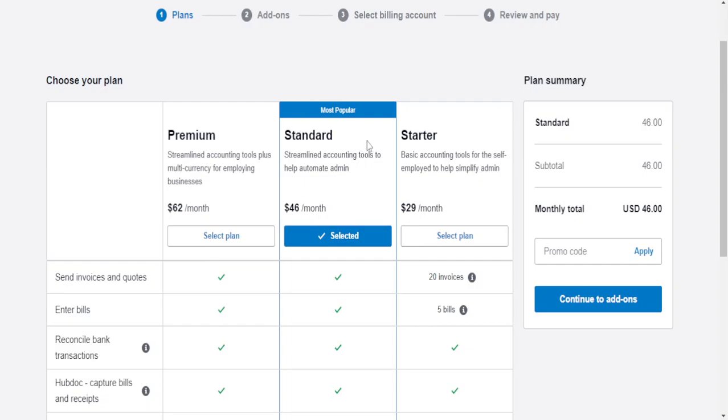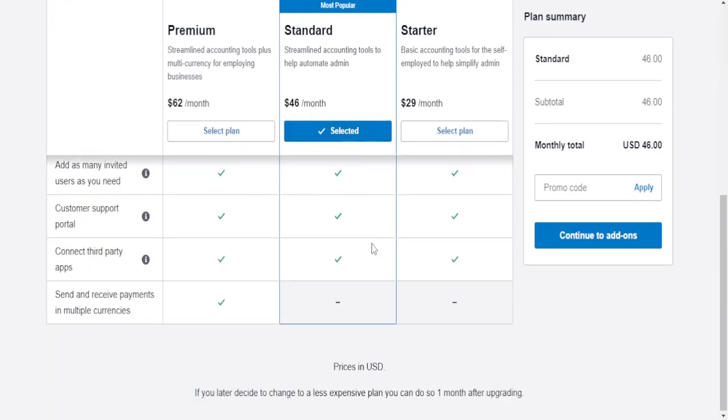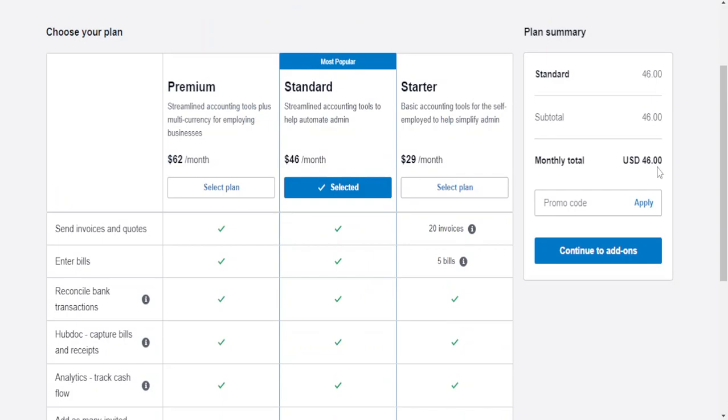The most popular is the standard plan. This is quite reasonable, but it is $46 US. The starter pack is cheaper, but